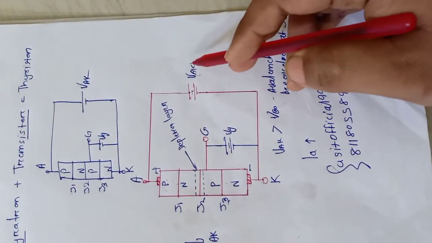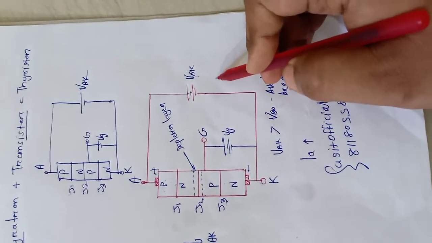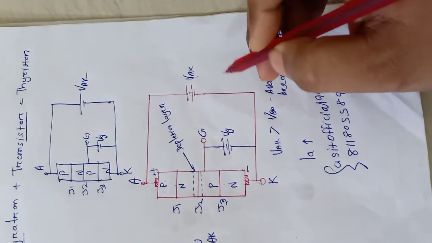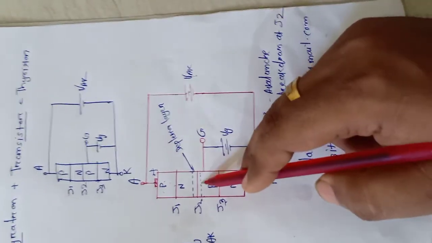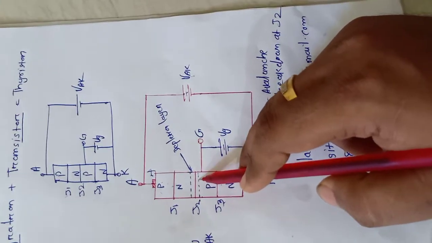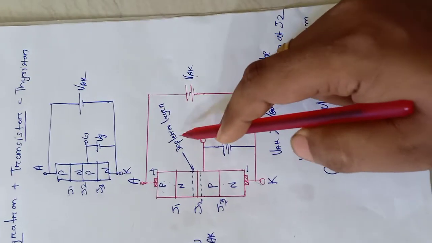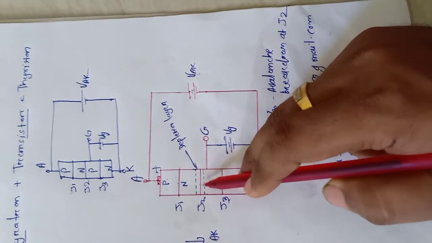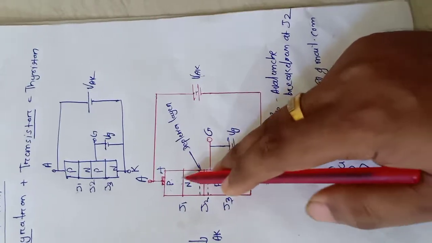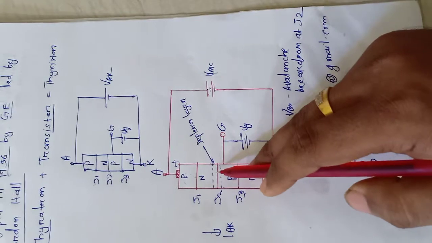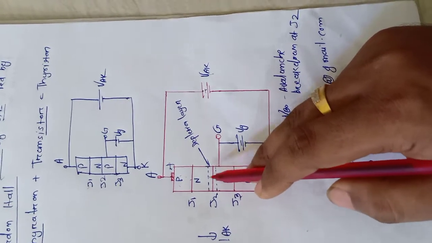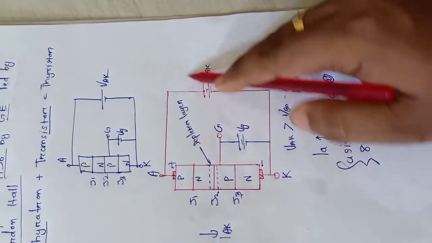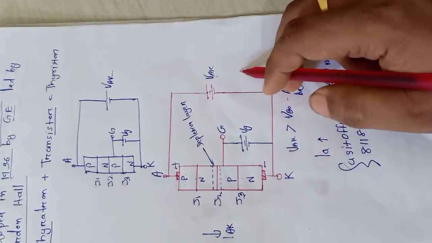So we will increase this anode to cathode voltage, and whenever we reach a voltage equal to forward breakover voltage, this depletion layer will face an avalanche breakdown and will no longer exist, and we have a conduction of current in this J2 junction. So when this current increases and crosses a level called the latching current level, then our device will turn on. So what is latching current?